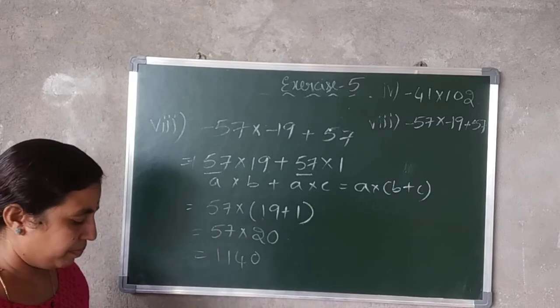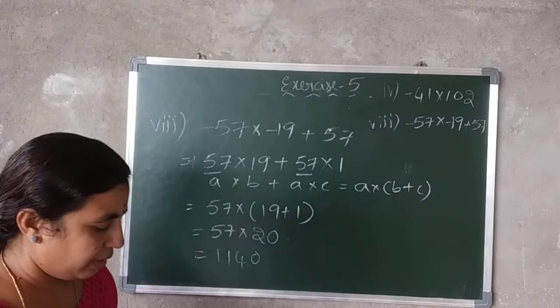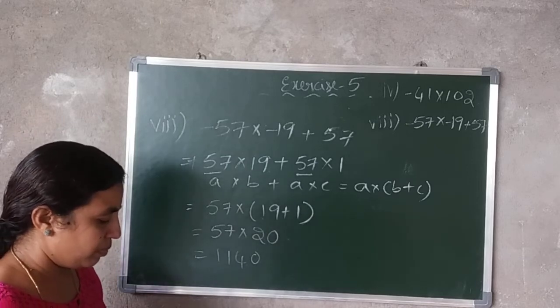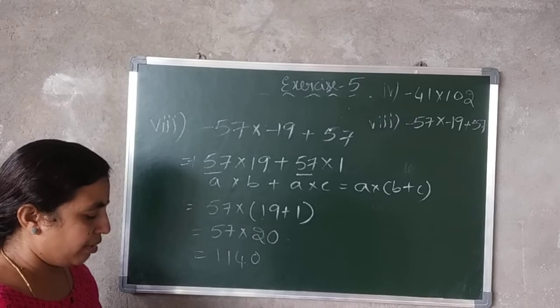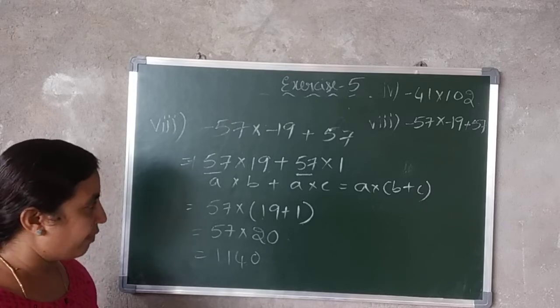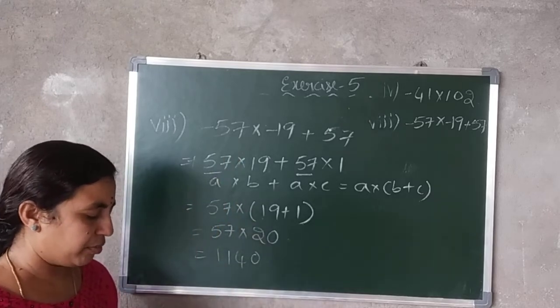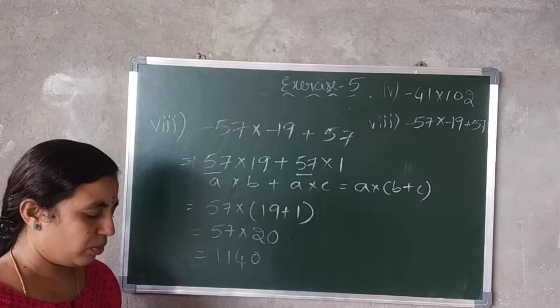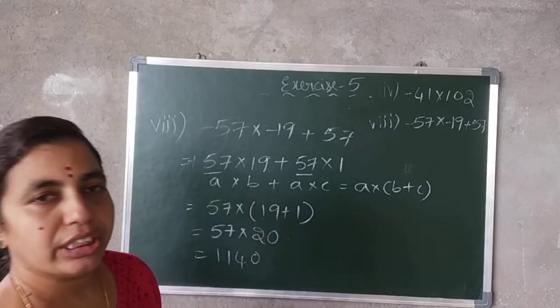Next, see, in the third problem, you have to apply the same as the second one. And the fifth and sixth are the same. You have to apply the distributive property, and the seventh you have to do the same as the fourth problem. Okay, so try to do it. If you are not getting it, I'll give you solutions in the next class.